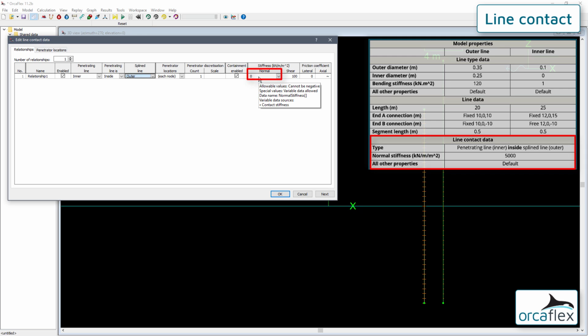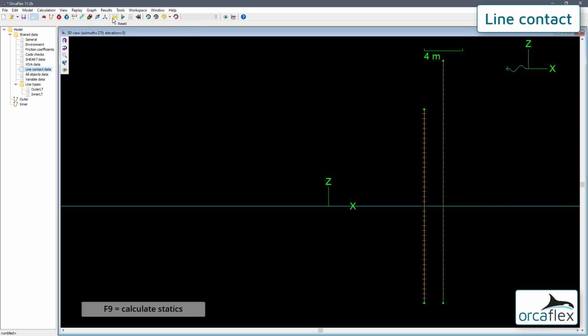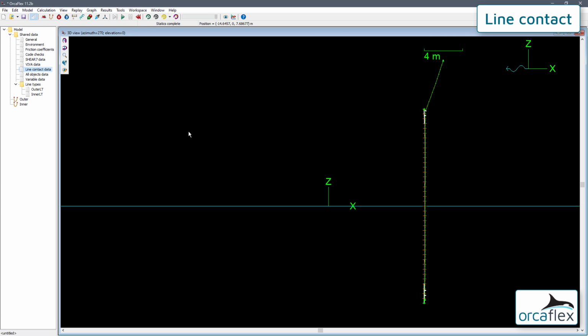We need a non-zero normal stiffness for the relationship to have any effect, so we'll set this to 5,000 kilonewtons per meter squared. Now if we run statics, we see the inner line drawn inside the outer line.